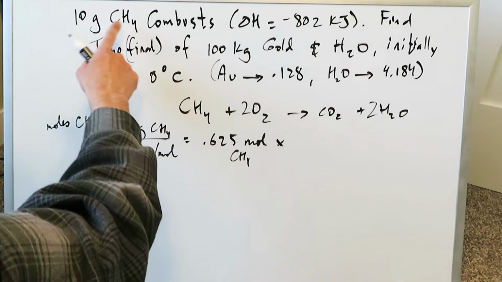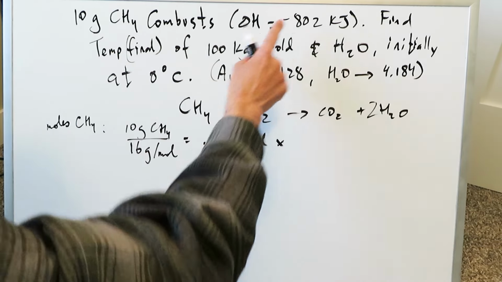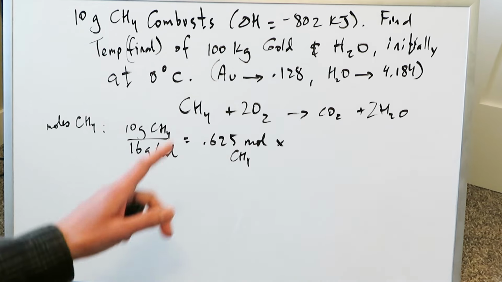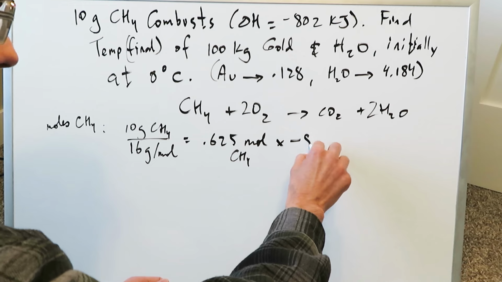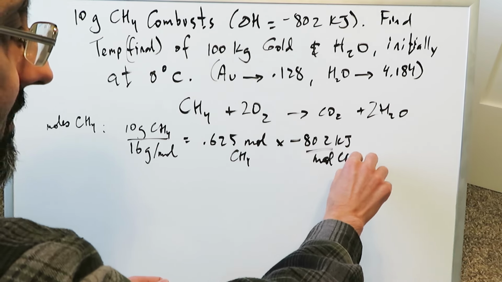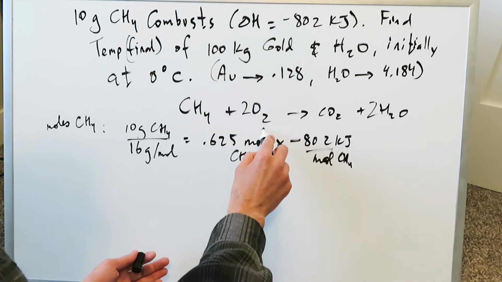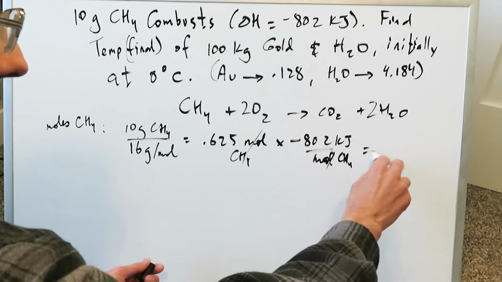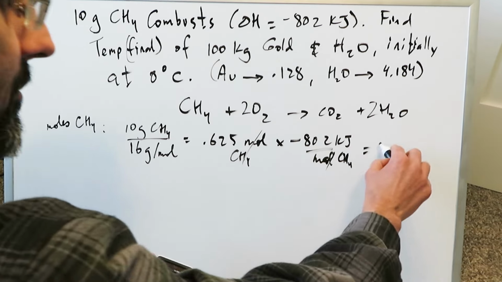But remember, each mole, if you were to combust each mole, the delta H of this specific reaction is minus 802. So each mole gives you minus 802 kilojoules. You just multiply this by minus 802 kilojoules per mole methane. Because we're not doing a full mole, we'll get a fraction of that, but it'll be a good amount. These will cancel out, and you'll have 0.625 times minus 802. You'll have minus